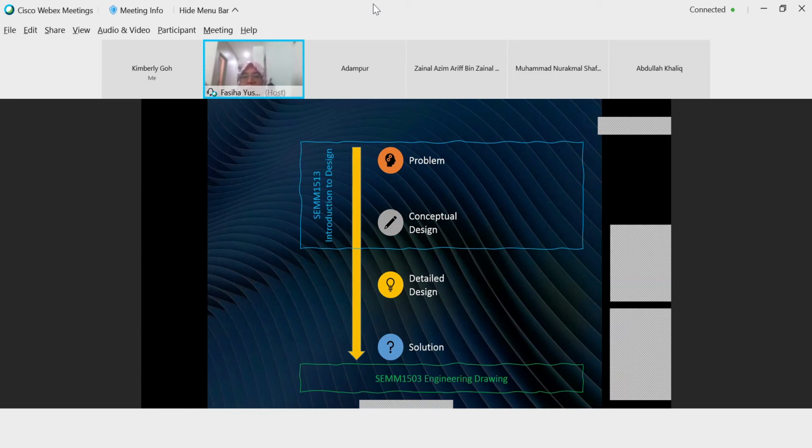Okay, the concept design. So you stop at conceptual design for the introduction to design, and if you can see here, this is first year, this is third year.